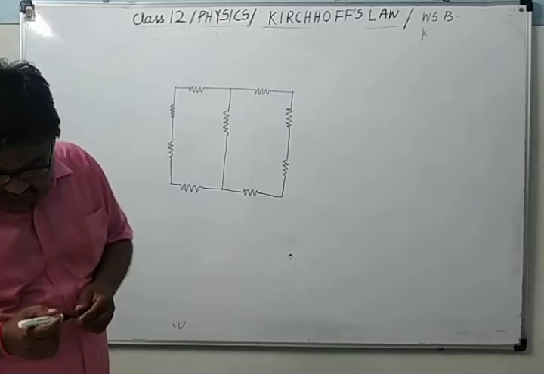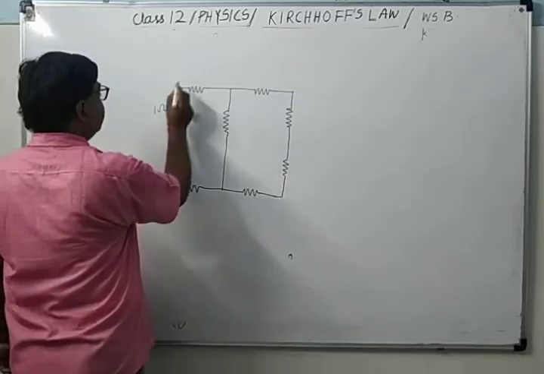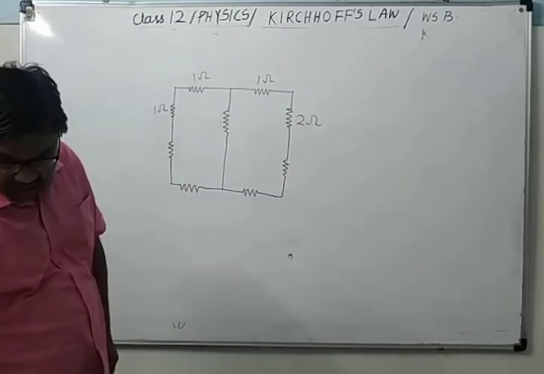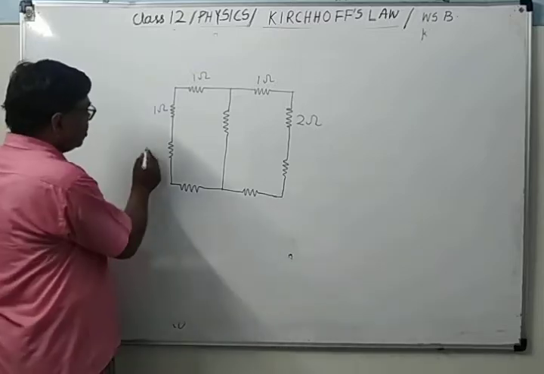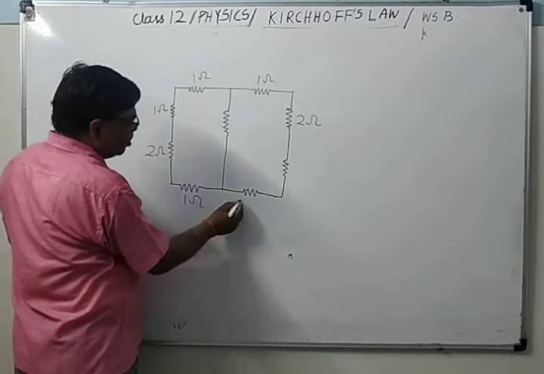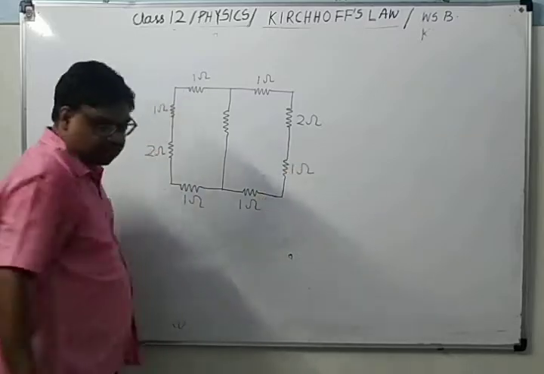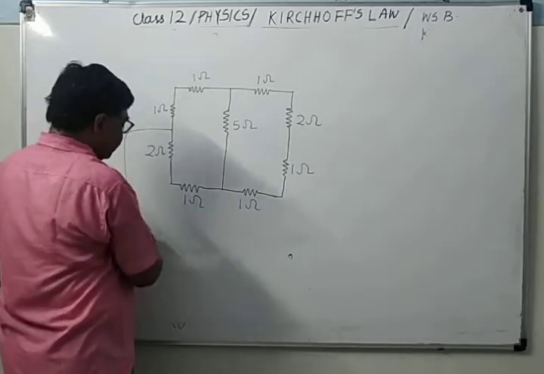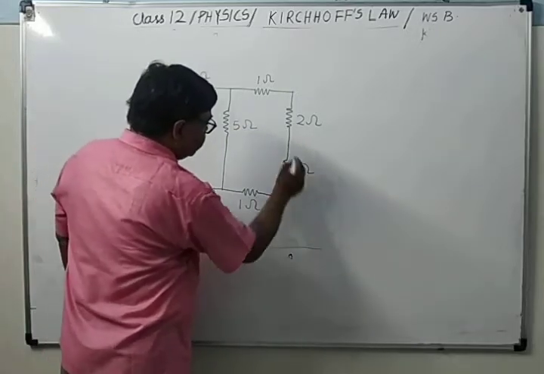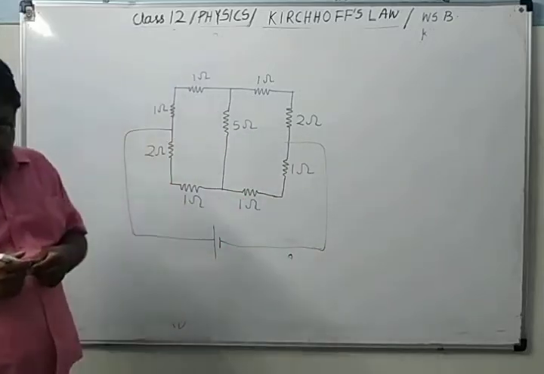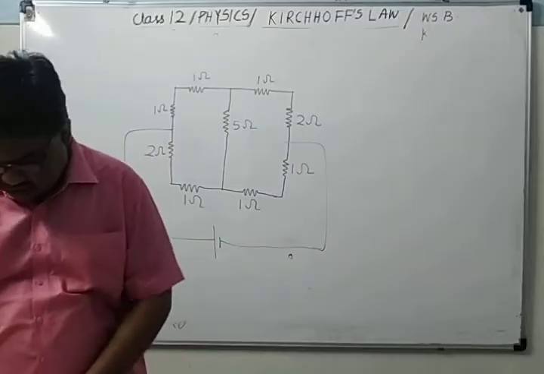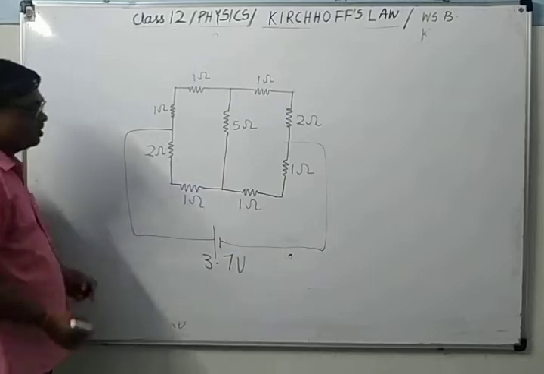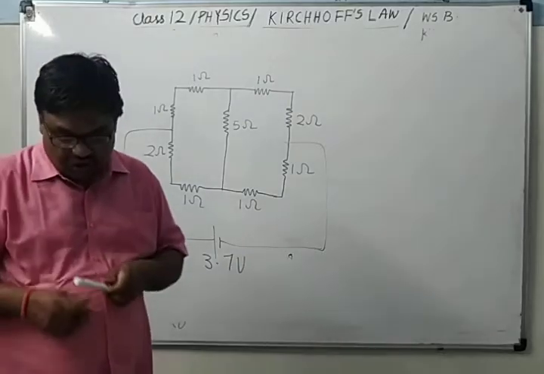This is 1 ohm, 1 ohm, 1 ohm, 2 ohm. Then this is 2 ohm, 1 ohm, 1 ohm, and this is 5 ohm. And here it is a battery whose internal resistance is negligible and EMF is given as 3.7 volt. Now in this question you have to determine the